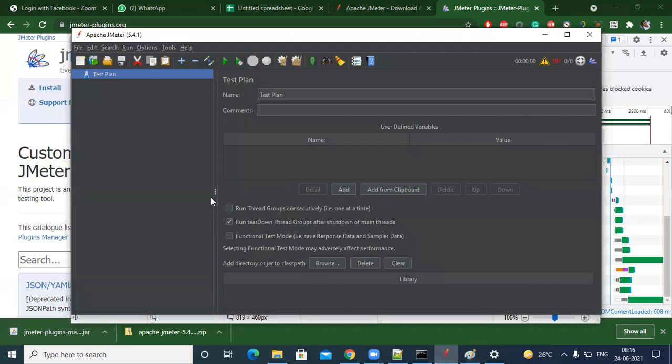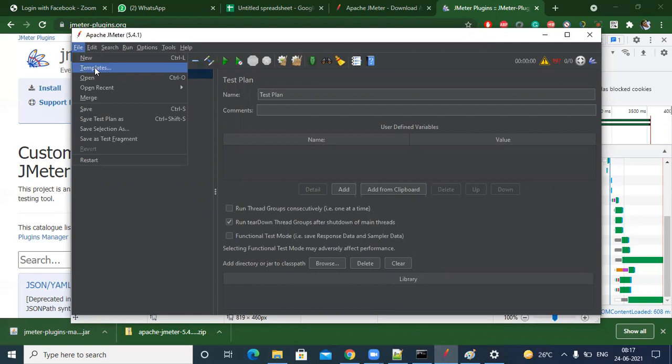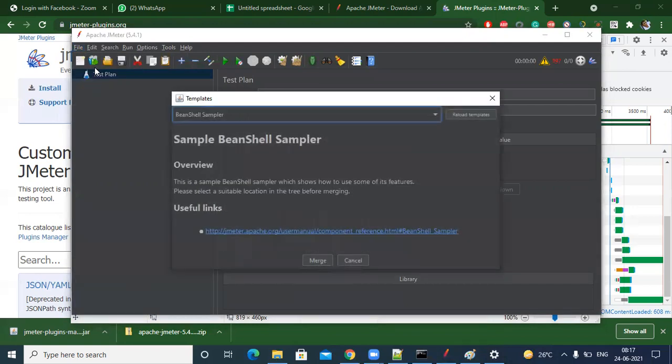As a first step, we have a lot of components to run any test, and we don't know which component is required, because there are around 300 components out there. Once you're familiar and habituated to the tool, then you will know this component is for this one, and that component is for that one. Till that point, it's always advisable to use the templates, till you understand the tool correctly. So first we'll start with the recording only.